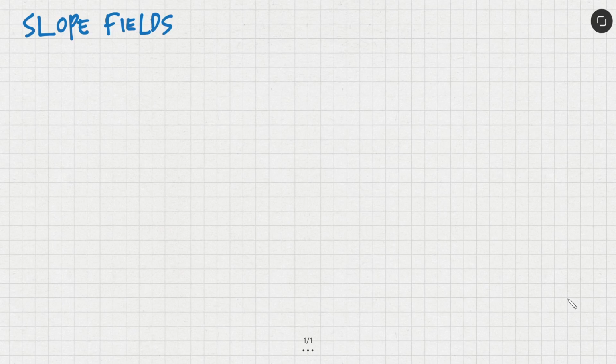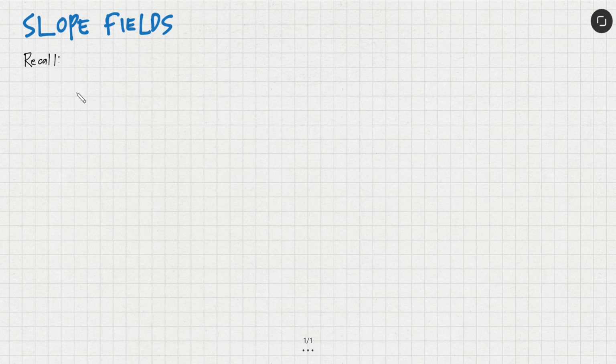So sa video na ito ay i-discuss ko ang tungkol sa slope fields. So anong slope fields, paano ito ini-sketch, at ano yung gamit nito sa pag-analyze natin ng mga differential equations. Now, slope fields involve the first derivative of a function. So i-recall muna natin kung ano yung alam natin sa